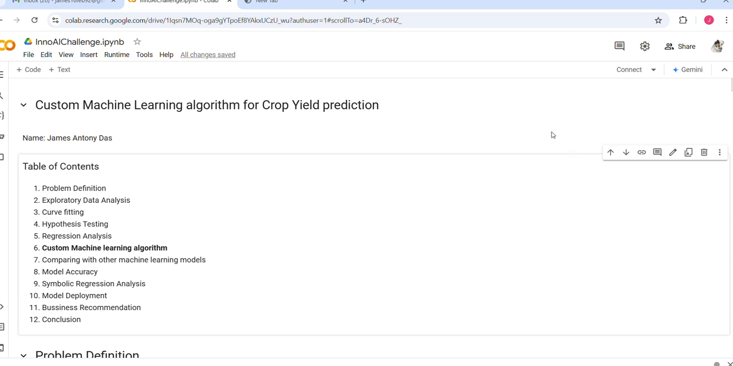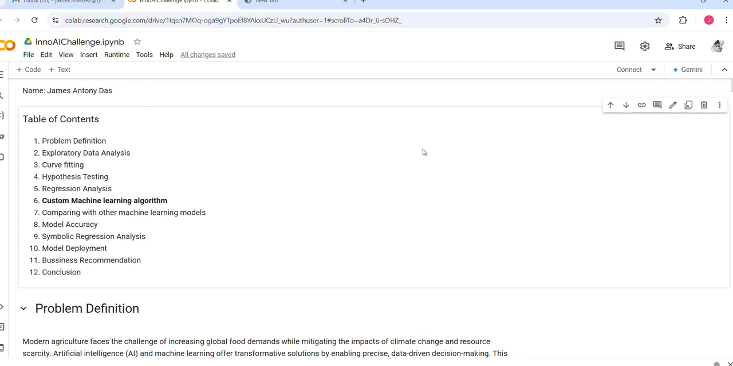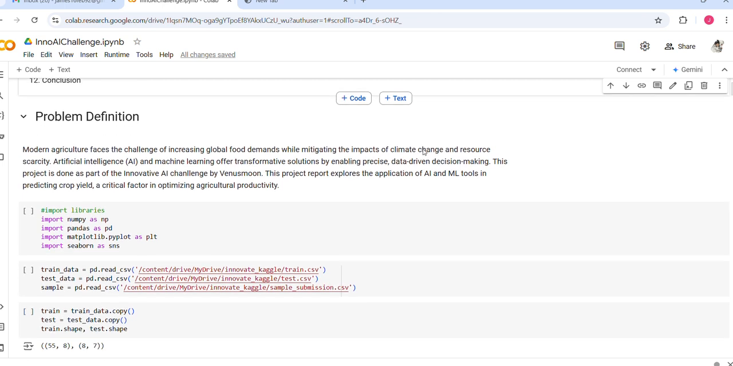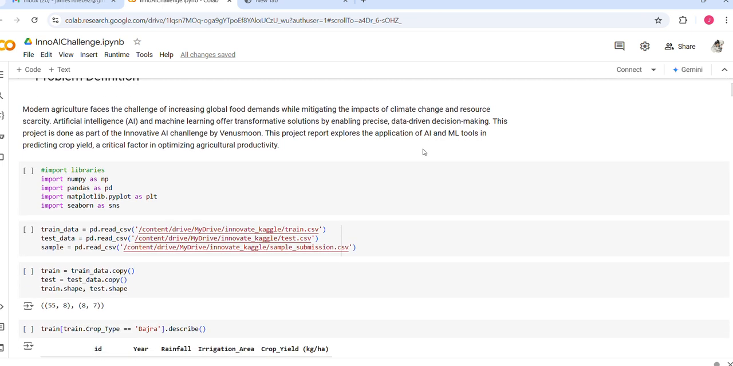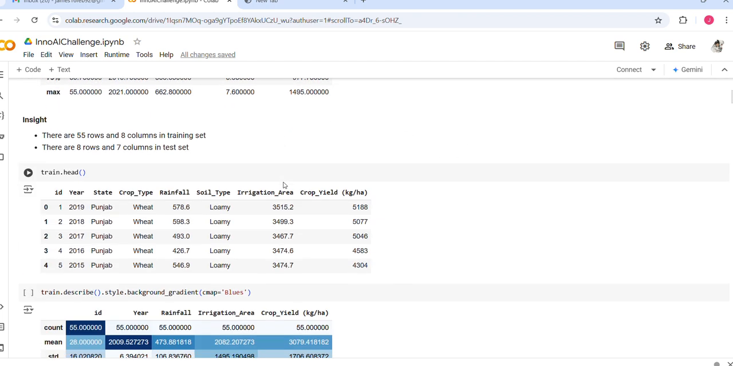To build our own custom machine learning algorithm for predicting crop yields from the given data. This is a project for the competition from Venusmoon, so congratulations to them. And in this project, we have been given a training data and a testing data with